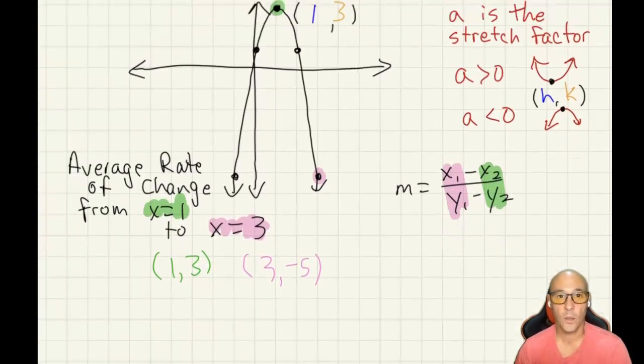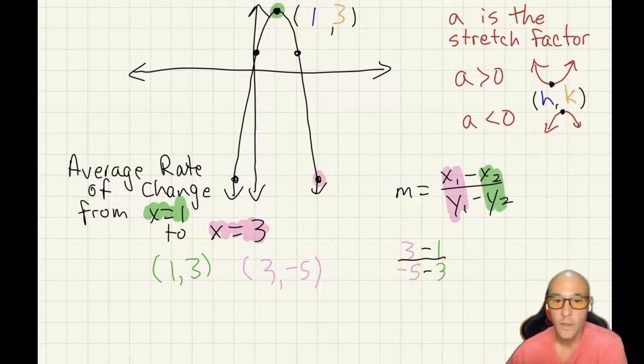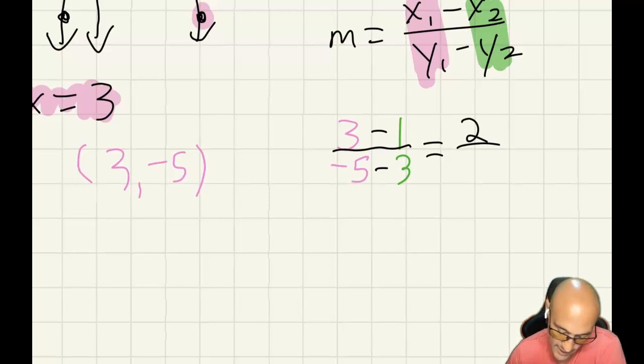Okay, so to do this calculation then, the x value in our pink point is 3, minus the x value in our green point, which is 1, over the y value in our pink point, negative 5, minus the y value in our green point, which is 3. And now I can just look at that and say, all right, 3 minus 1, that's 2. Negative 5 minus 3 is negative 8. And,